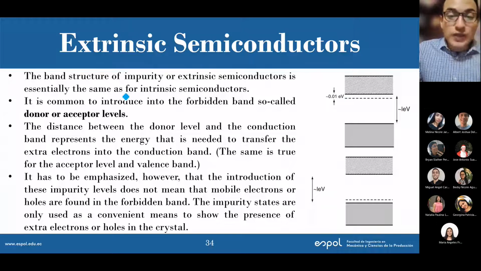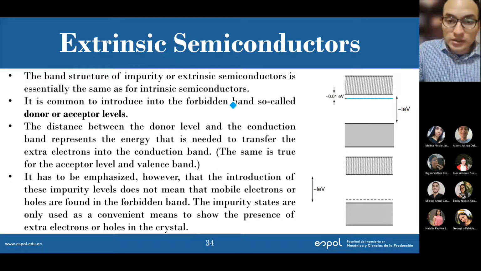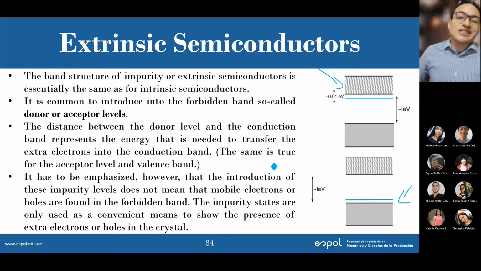What you introduce is this: you see this level right there with a dashed line, and the level right there. Obviously the upper one will be the donor level, and the one below will be the acceptor level. So the distance between them and the conduction band